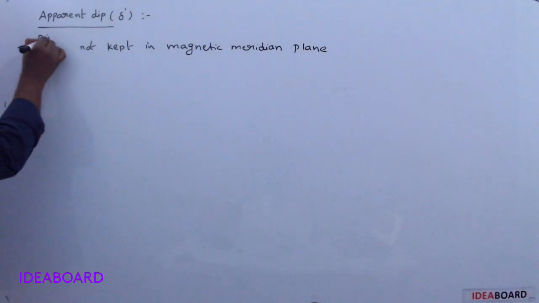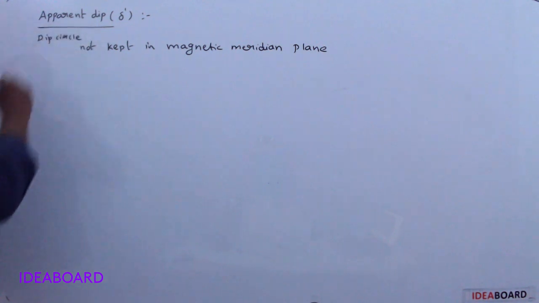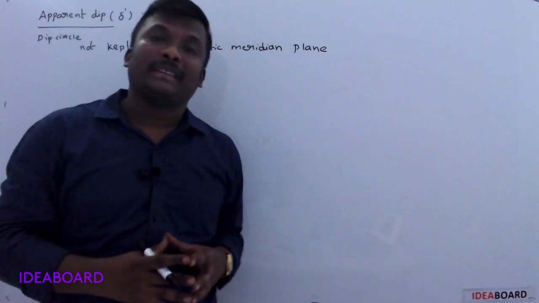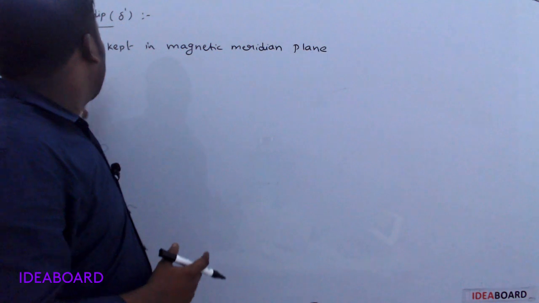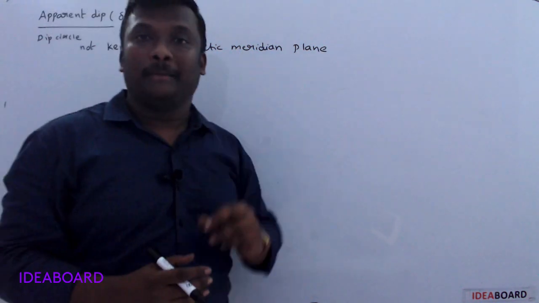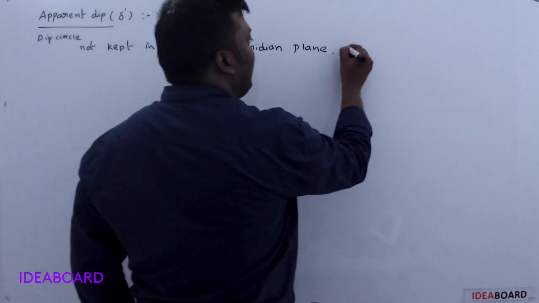Dip circle is a device which is used to measure the angle of dip. So this dip circle is not kept in the magnetic meridian plane and